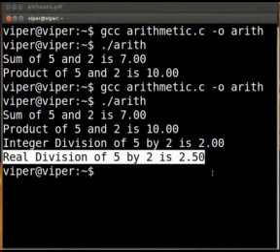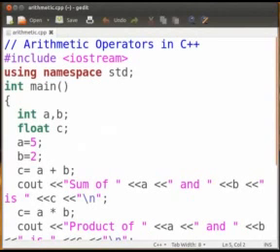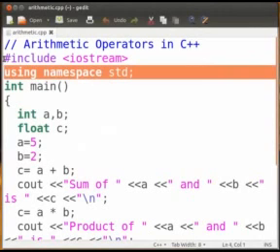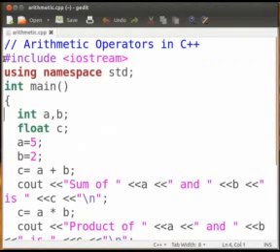Now suppose I want to write the same program in C++. Let's see if I can use the same code in C++ too. Let's find out. Let me go back to the editor. Here we have the C++ code. Notice that the header is different from the C file header. Namespace is also used here. Also notice that the output statement in C++ is cout. So apart from these differences, the two codes are very similar.